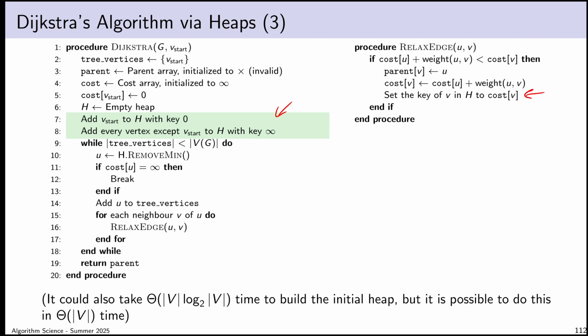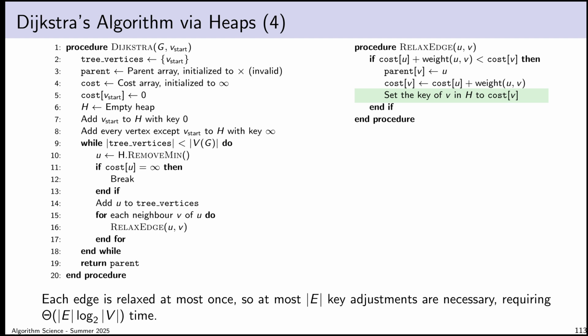I could use the heapify algorithm, and that would be linear time. But actually, because I know exactly what the heap looks like, I could just construct the heap explicitly. Just set the root to be v start, or the key for v start, and set every other thing to be the other vertices in any arbitrary order. I wouldn't need to actually use heap insertion to do this task.